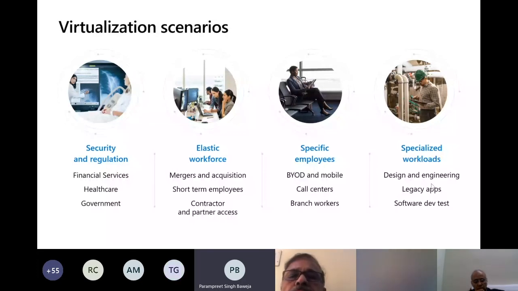For example, many employees and customers are now moving on to BYOD, bring your own mobile kind of scenarios. There's a mobile staff, more call centers, a lot of branch workers, and some specialized workloads, for example, companies using a lot of design and engineering applications like AutoCAD or Photoshop, and a lot of legacy apps which companies have.